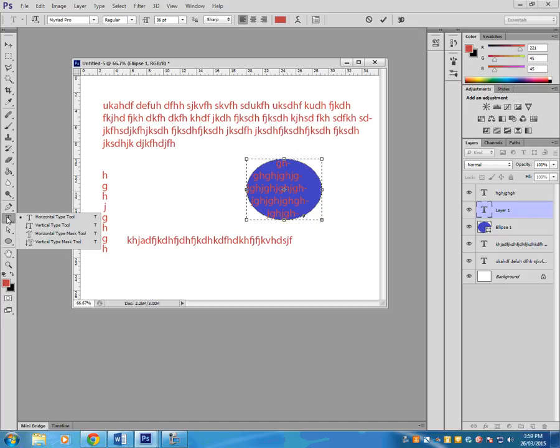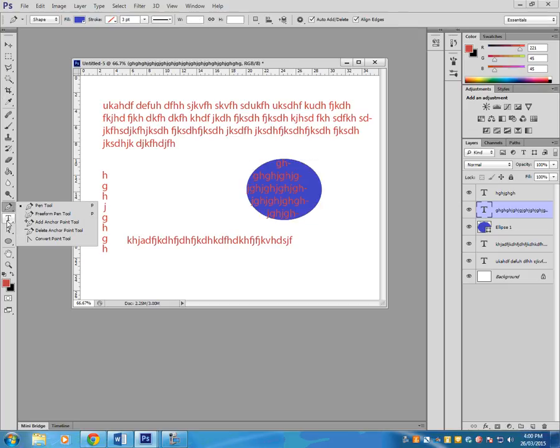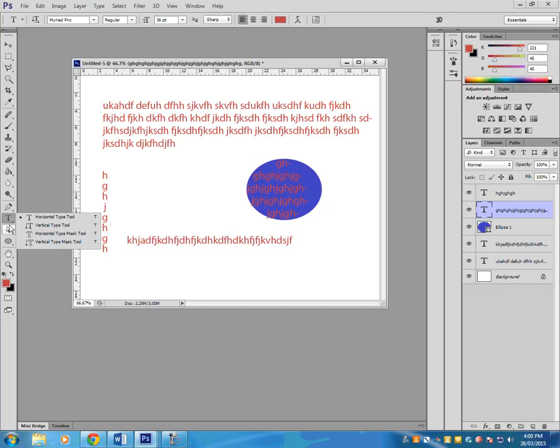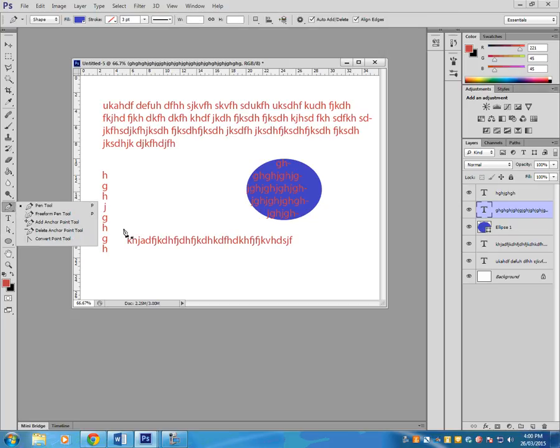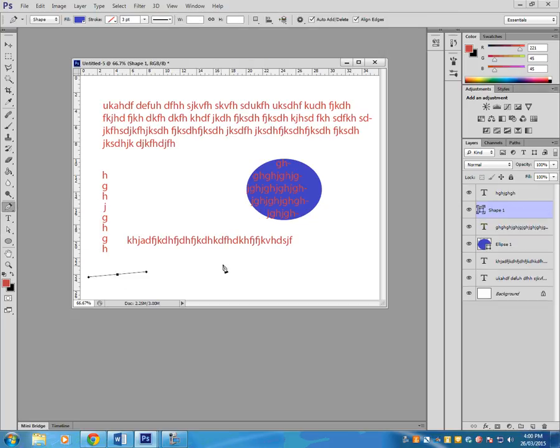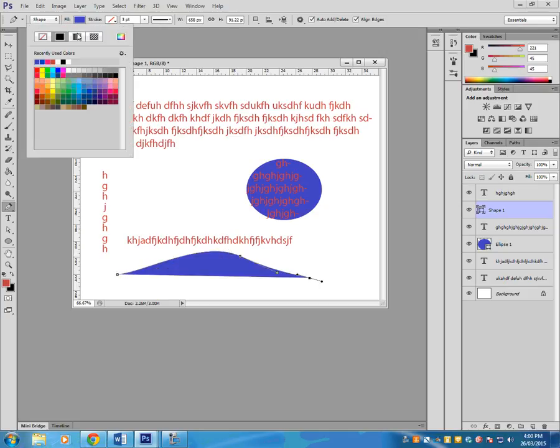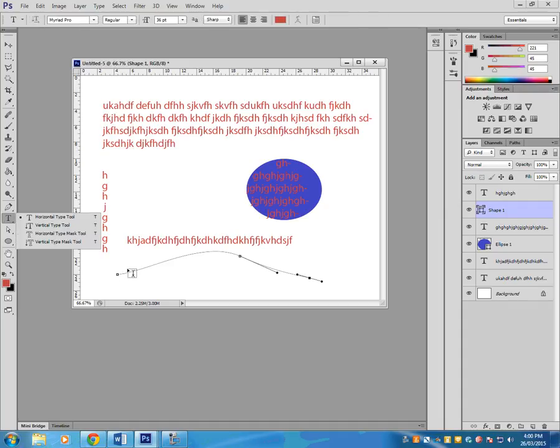You can also type on a path. Now, hang on, I've forgotten how to do it in Photoshop because it's slightly different. I think we just have to draw a path. Let me just see. Oh, this is drawing it as a, actually I don't want to fill. No fill. Yep. So if I draw a path, I've just drawn a little curvy line with the pen tool,